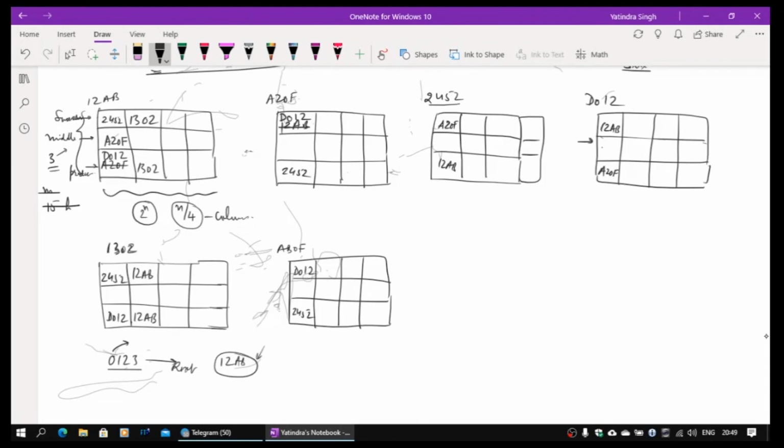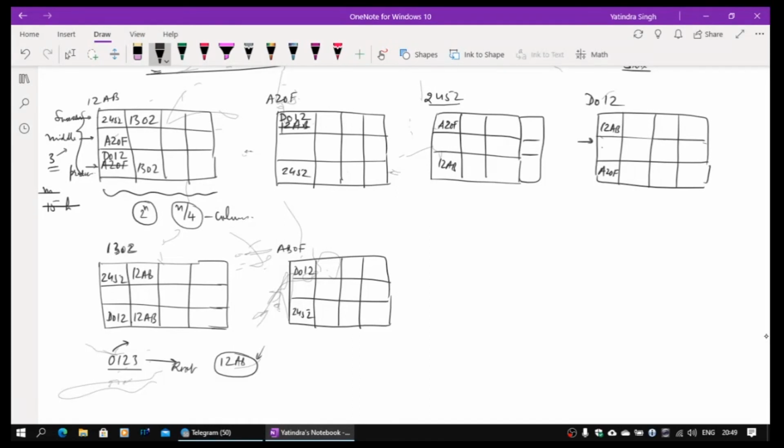If you start with 0123, it went to D012, and from there to 12AB. Suppose you start at AB0F, then what is going to happen? It is actually between D and 2, so it has to go to D012. D012 will hand it over to 12AB, and again it will go to the same place. You start with A20F, and the same procedure happens.